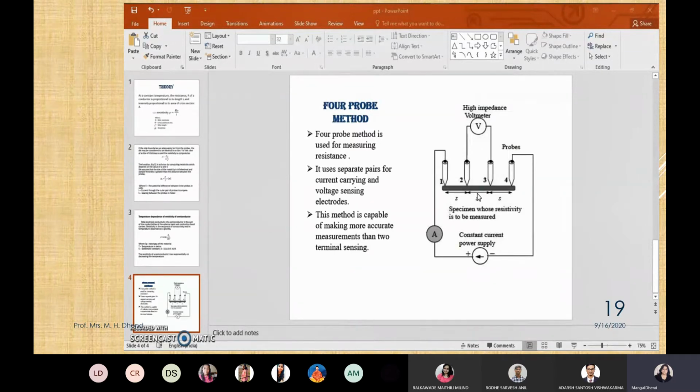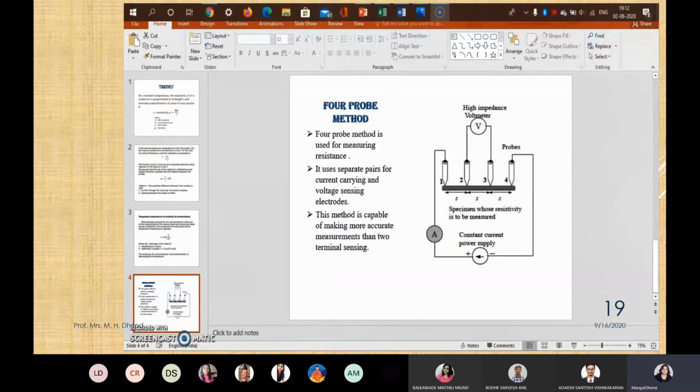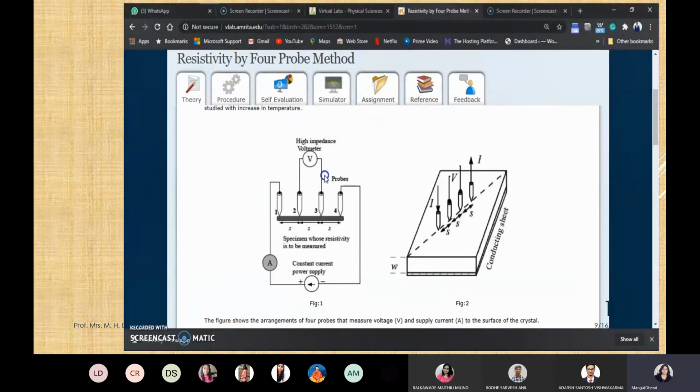Therefore, we use 4 terminals. If we didn't use 4 terminals, the contact resistance of the ammeter connection, the supply voltage wire, all of this comes into the picture. So to get an accurate reading, we use 4 terminals. And the second concept is the DC supply. In this figure, they haven't marked polarities, but in a DC circuit, we should always show the polarities. And why not AC supply? Because V by R is equal to impedance.